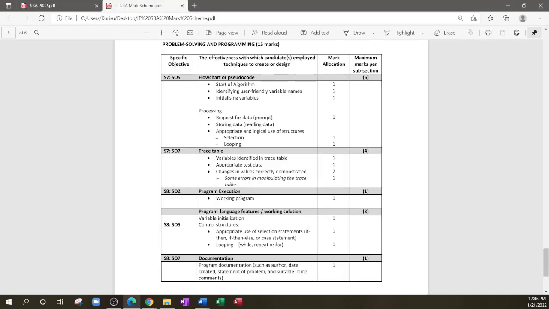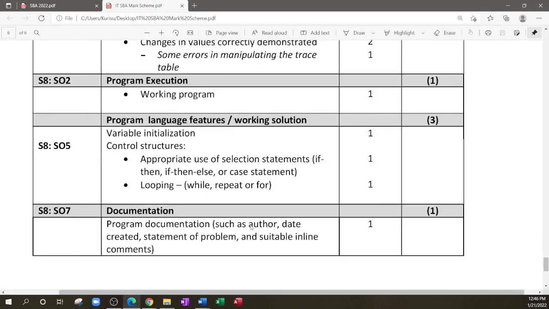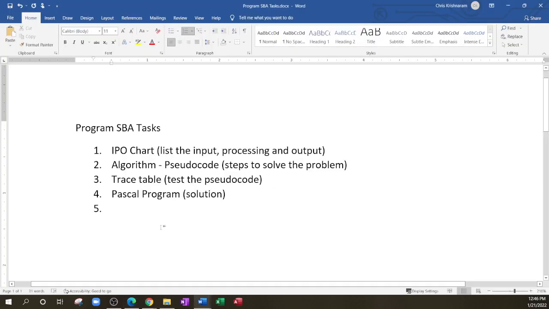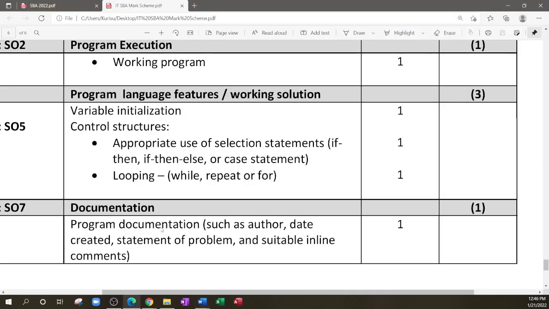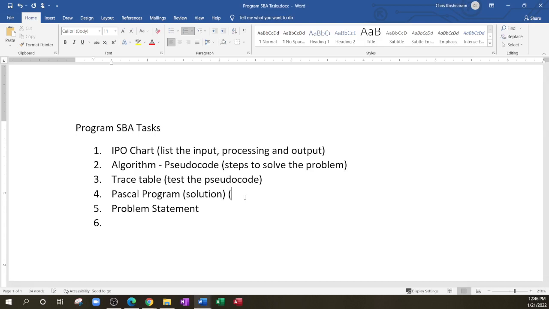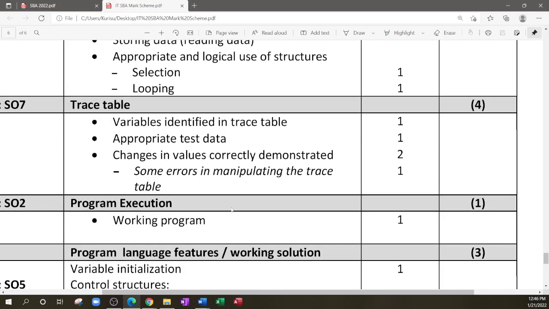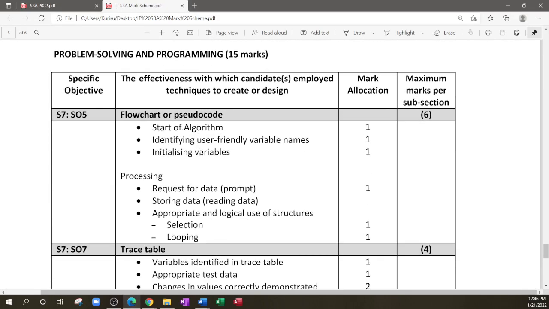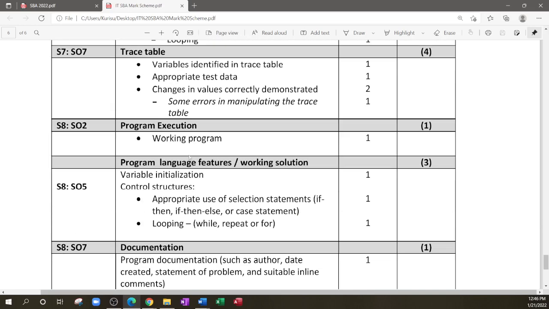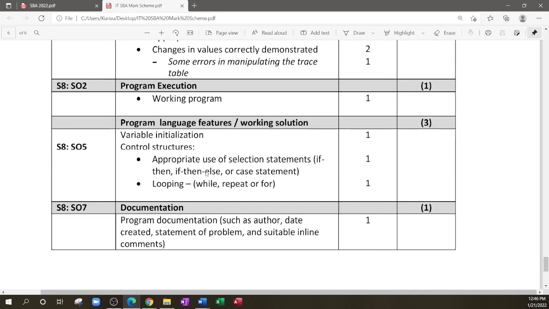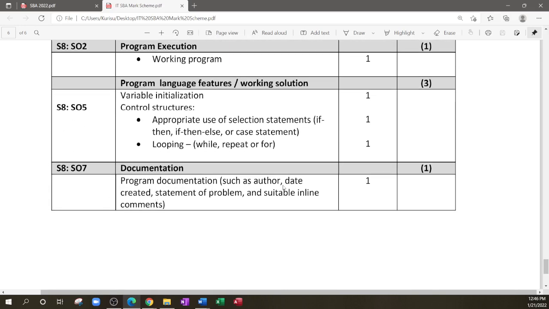What else do we need to do? So after we've created our program, we are going to enter documentation. So you guys already started your problem statements, and inside of the program should also have documentation also. Documentation. So let me see if I missed anything. You have your pseudocode, your algorithm. These are the marks for that. You have your trace table, you have the program and the marks requirements to that. Program documentation, you need to put